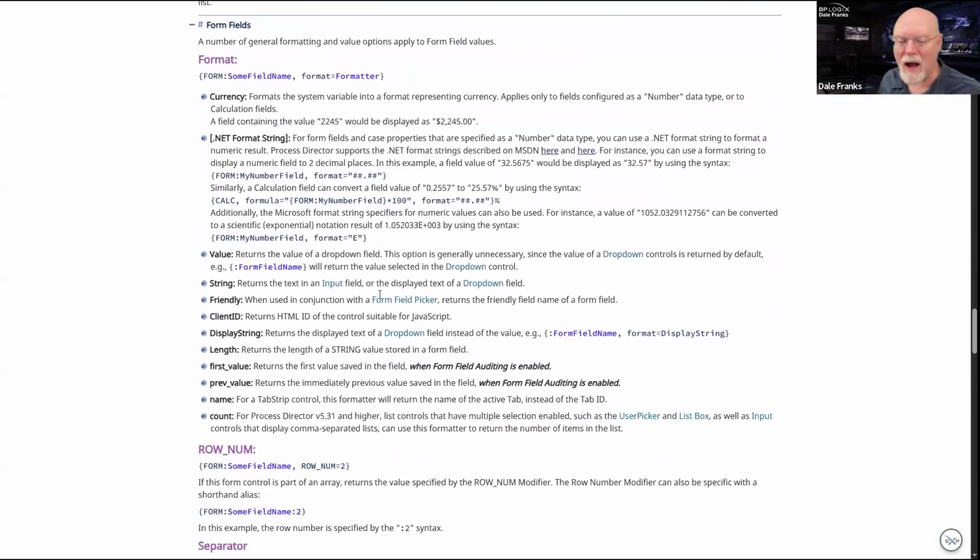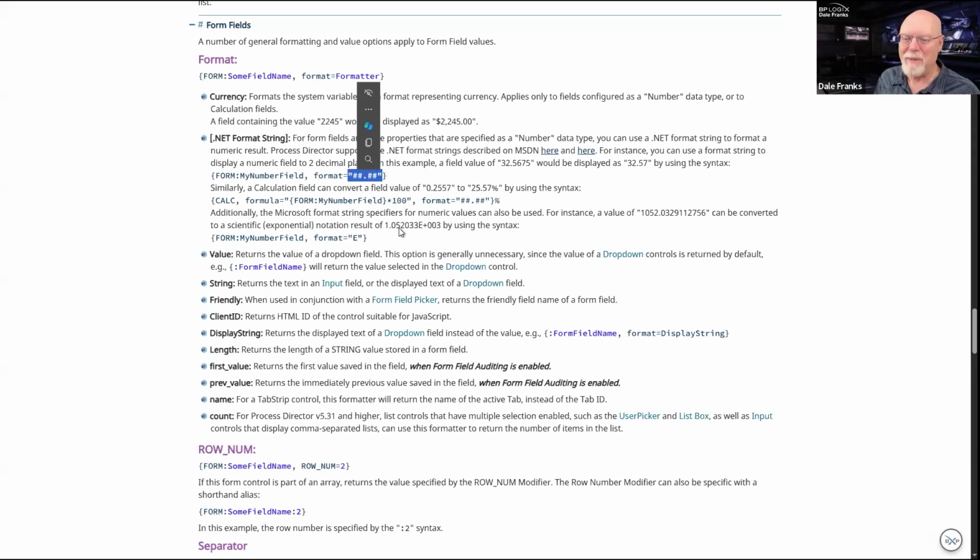Form fields have their own formatting options, and the formatter is format equals, like we saw a few minutes ago. And I can format any field to basically do anything I want. Now, obviously, if I have a value that is text, I can't format text as numbers.